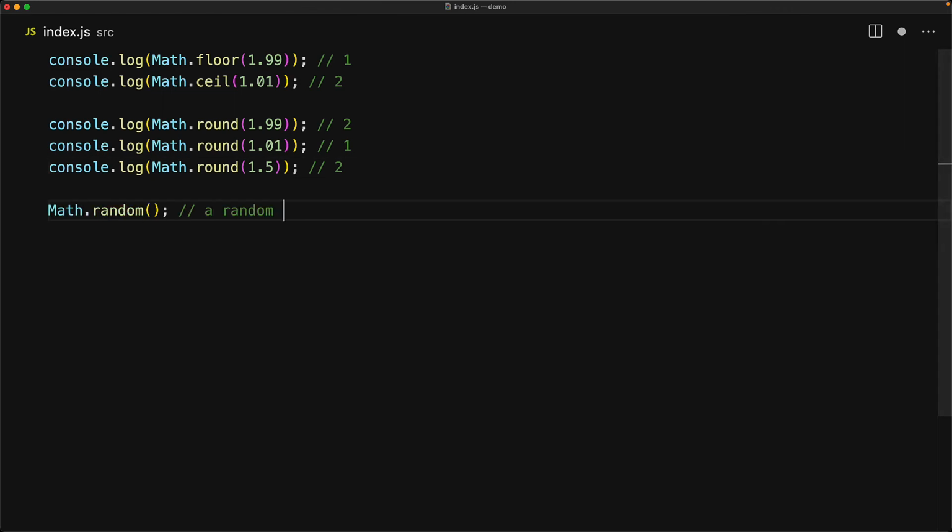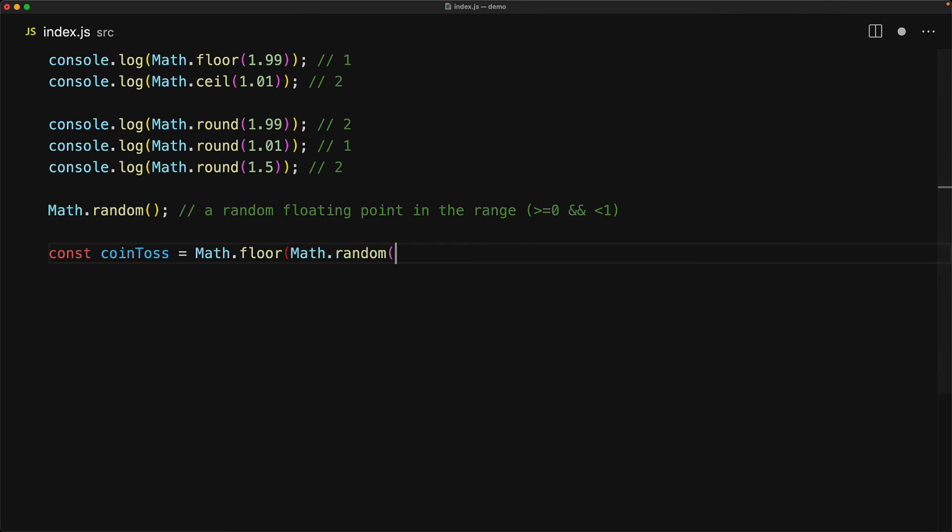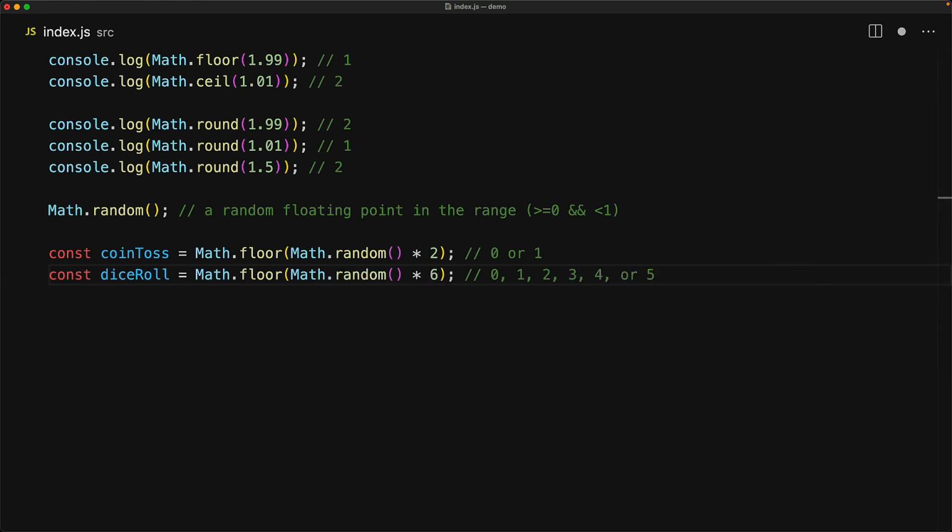And there is also Math.random, which is perhaps my favorite function, and it returns a floating point starting from 0 but ending right before 1. And by combining this with multiplication and Math.floor, we can actually scale it to whatever value that we want. For example, if you multiply it by 2, it is going to be in the range 0 to 1.99999, and therefore if you floor it, it is either going to be 0 or it is going to be 1. And similarly, if you want 6 distinct integers, multiply it by 6 and use Math.floor to get